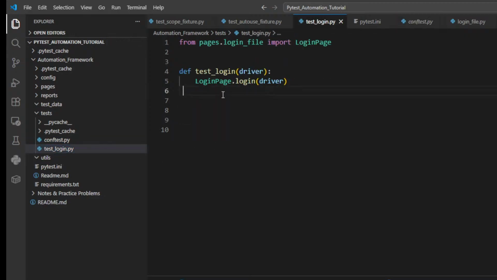Earlier we had written all the code for login in our test file. So I would say that one of the common mistakes people make when starting is that they write all the code in the test file. Even I had started with that, just from starting the automation. But to be honest, that's not really the purpose of the test file. The responsibility of the test file is